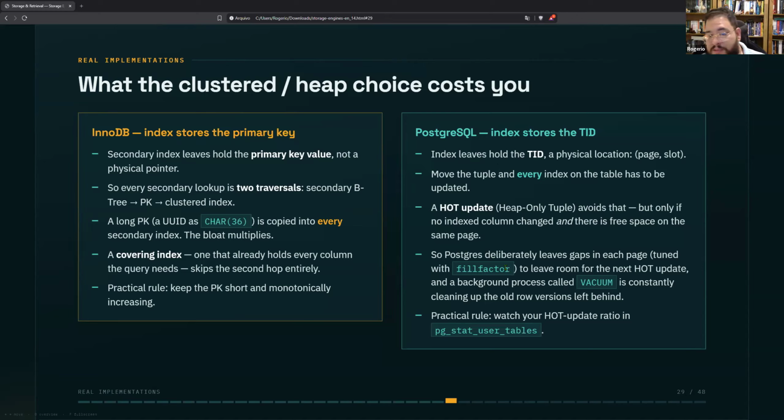And you have something called, for example, the fill factor. You have a process that runs in the background called vacuum that is constantly cleaning up the old row versions left behind in order to make faster queries, for example, in range queries. And you don't need to look at older versions or something like that.